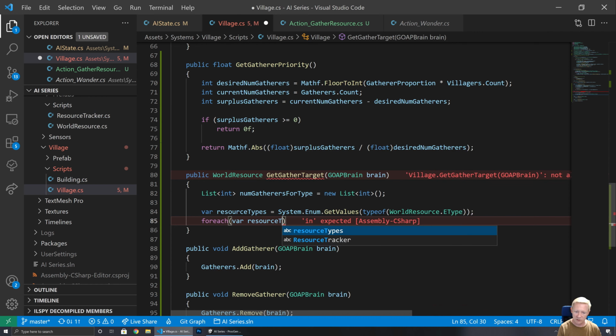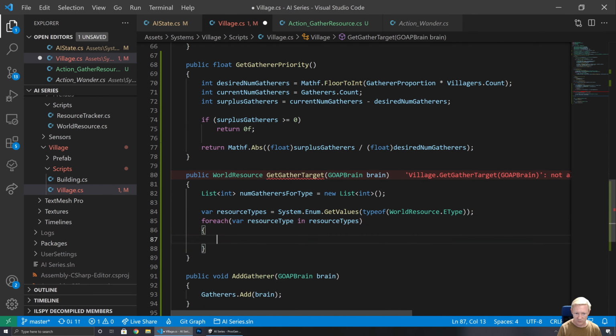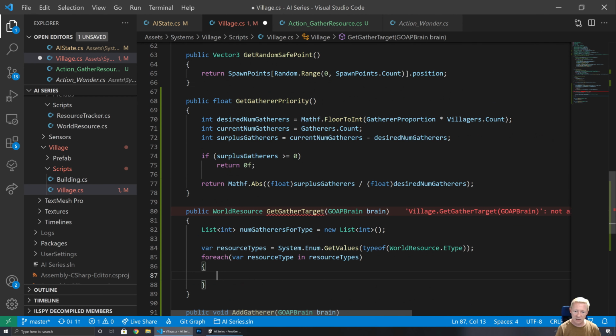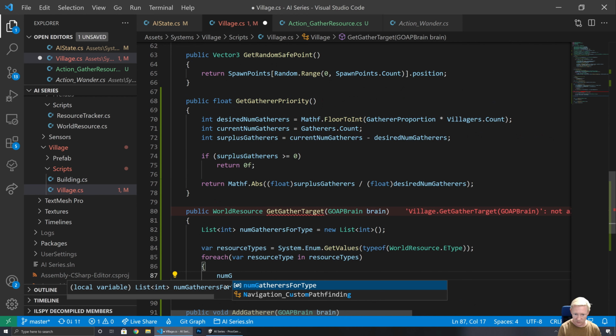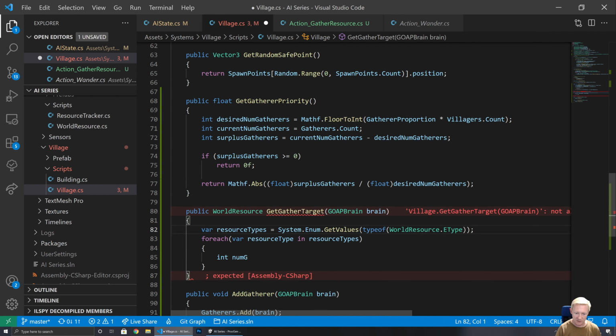So resource type in resource types. Then we find all of the entries in our current gatherers to see if they are tracking that resource. So what we would currently do is num gatherers for that particular type, which actually we don't need that list, no. So num gatherers